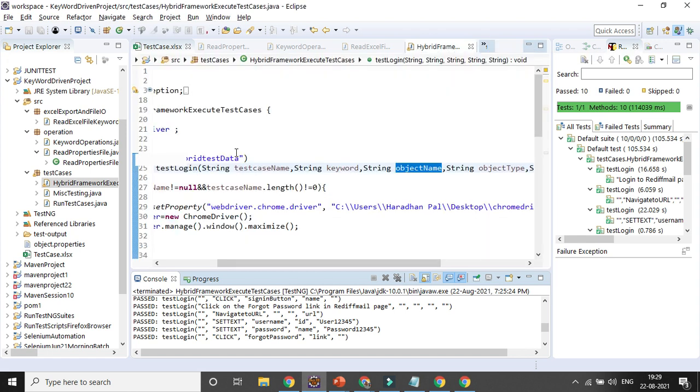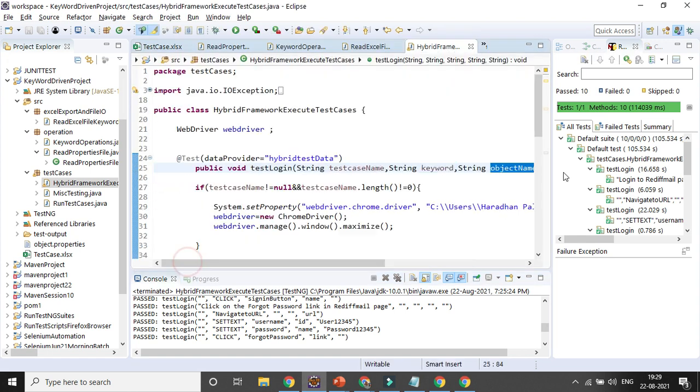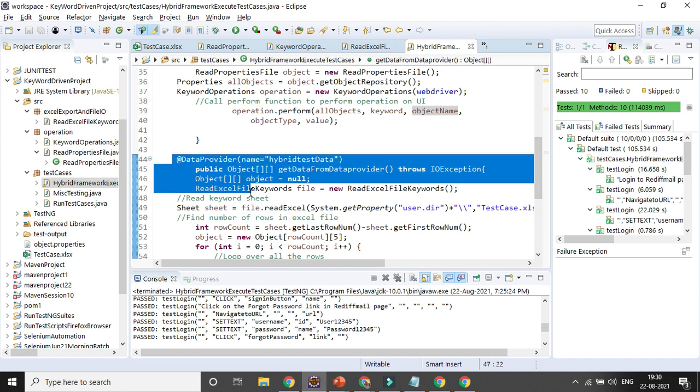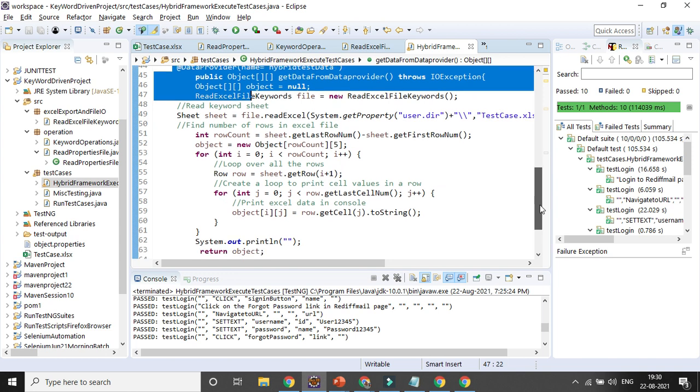So one is I am creating a data provider where I am returning the object, and where I am trying to read from that Excel sheet, then the location, and then the sheet name, right, and I want to validate each and every row, and I convert them into string. So I will be using two for loops, one is the inner for loop, one is the outer for loop.